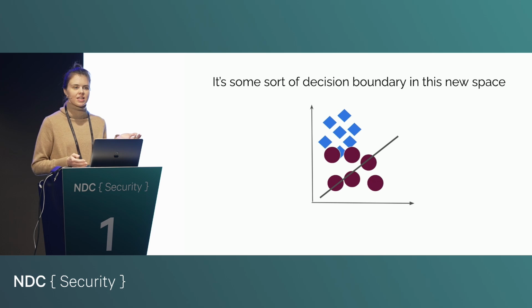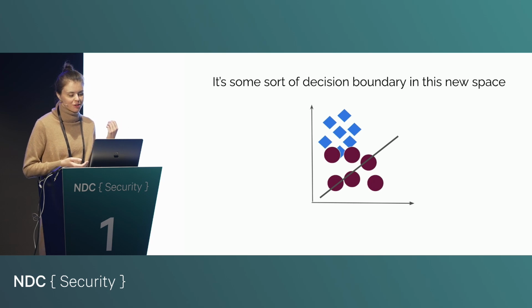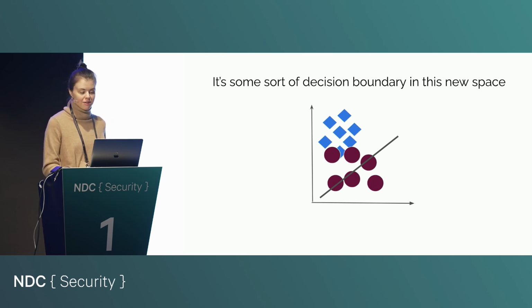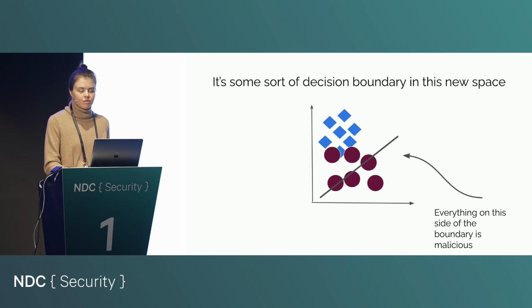And it's as simple as slapping a line or a plane into the space so that it somehow separates these two classes. So that's what we call a decision boundary. And this is the world's worst classifier because I just literally slapped it on there. It's the world's worst model, but this could be a random model. So what this model tells us is that everything that falls on the right side of this space is malicious, and everything that falls on the other side of the line is benign.